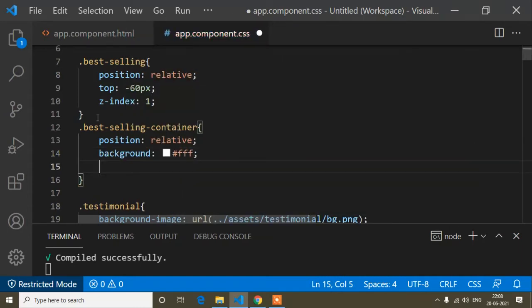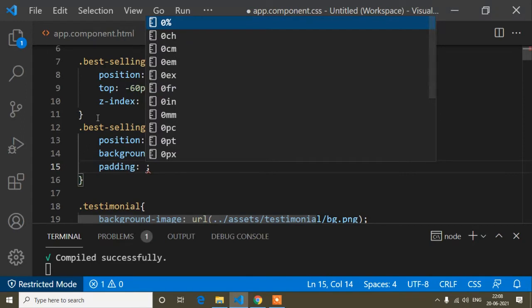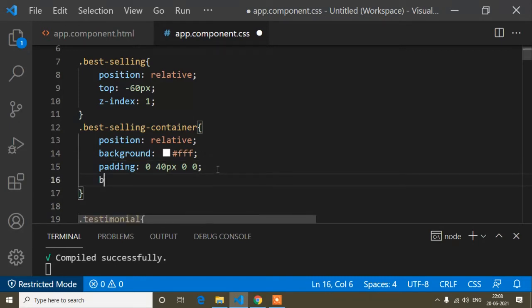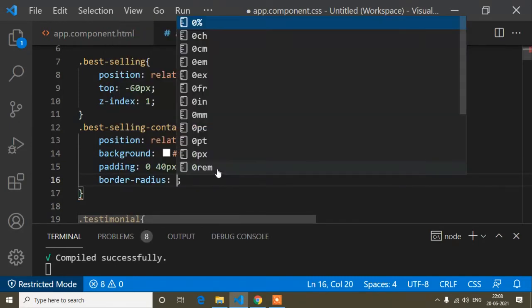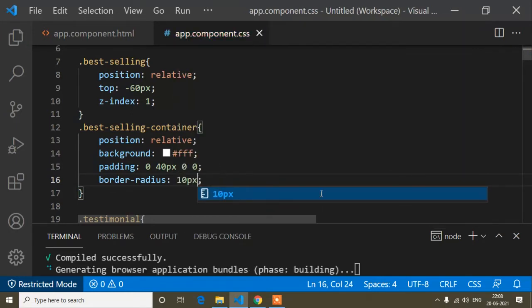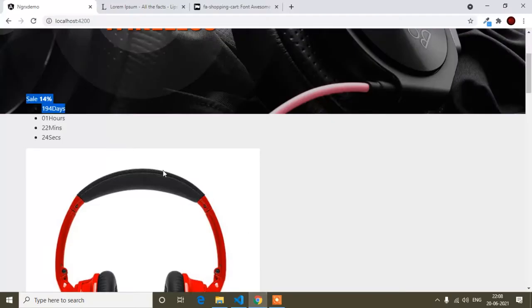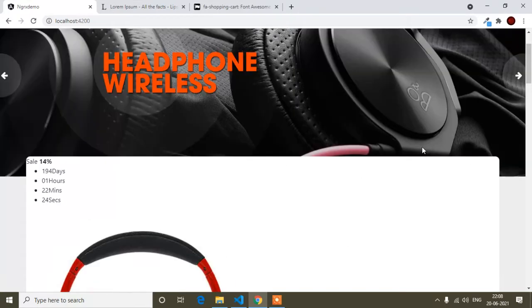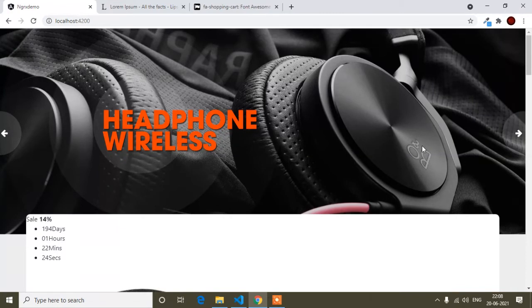And now padding, so padding means it will add some space inside this element. If you add margin, that would add space outside this element, but padding adds space inside. And now border radius, so border radius is 10 pixel, because I want to make the corners of this div curly. So you can see the corners are round, so that's why I have added border radius. And the div color you can see here is white. Okay, so this one is done.